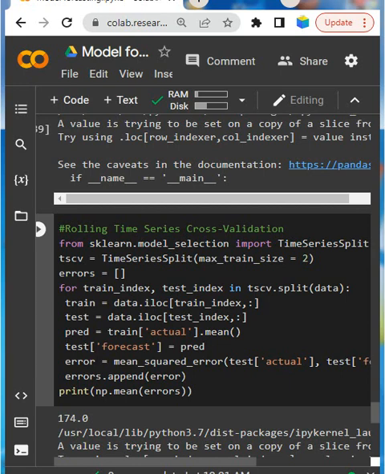Secondly, you have observed a significantly lower error in the rolling time series split. So this may be a hint that using the model with very little historical data could be a more performant model in this case.